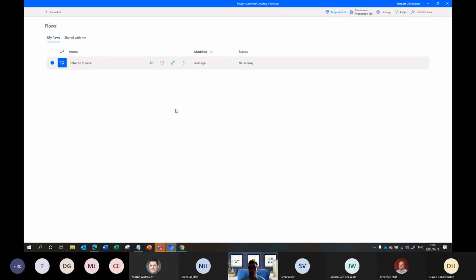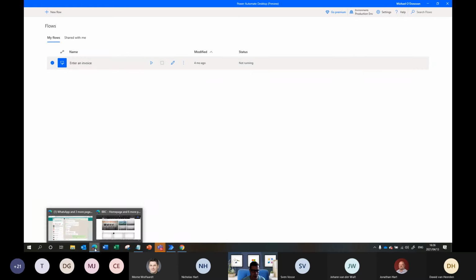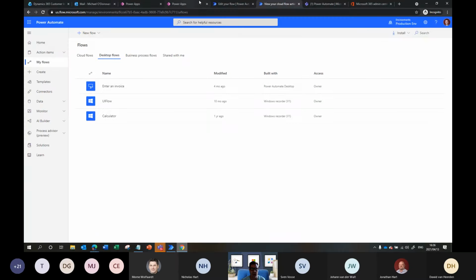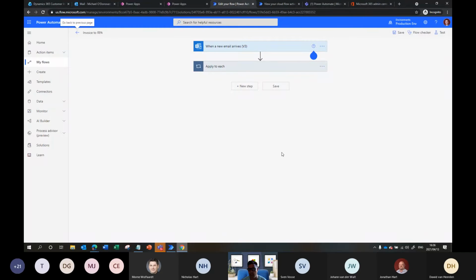So a cloud flow starts off by finding that an email arrives in a mailbox and it triggers. And in that mail is an invoice, and it extracts that invoice. It then does, I'm going to call it OCR, on the contents of that invoice to extract the values from that invoice. And then it takes those values and does something with them. Actually, let me just quickly show you this because it's probably easier to talk through if I show it this way. So here is the cloud flow.